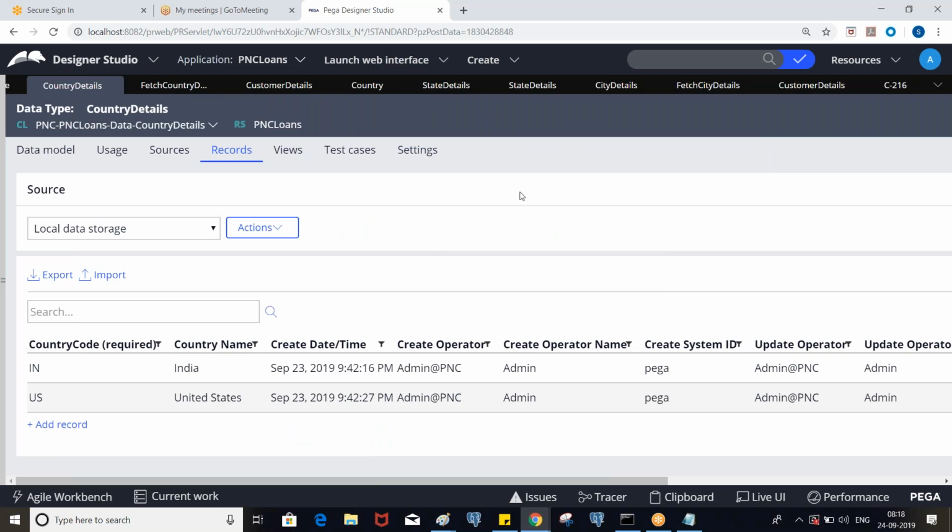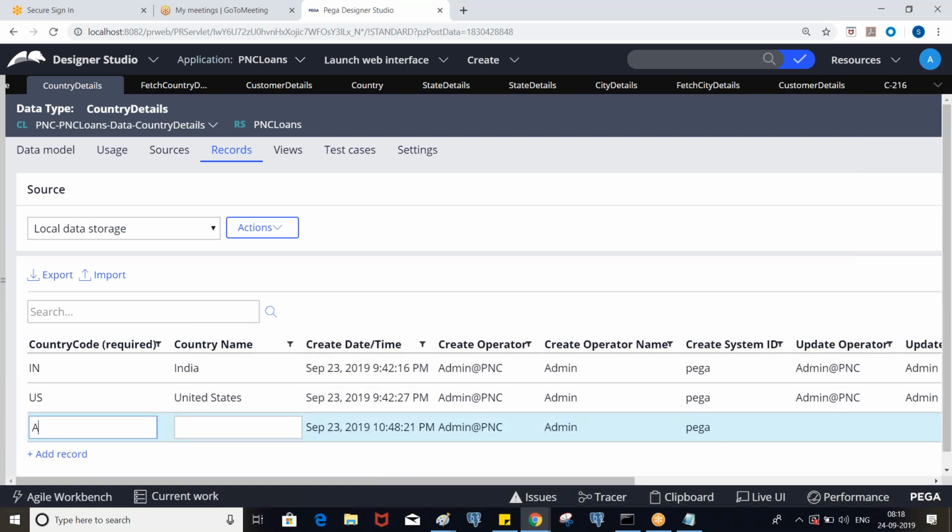If it is live and now I want to add one more country and some states and cities, they can enter the data themselves, and you don't need to handle the coding part, which is already handled. I will show you that.